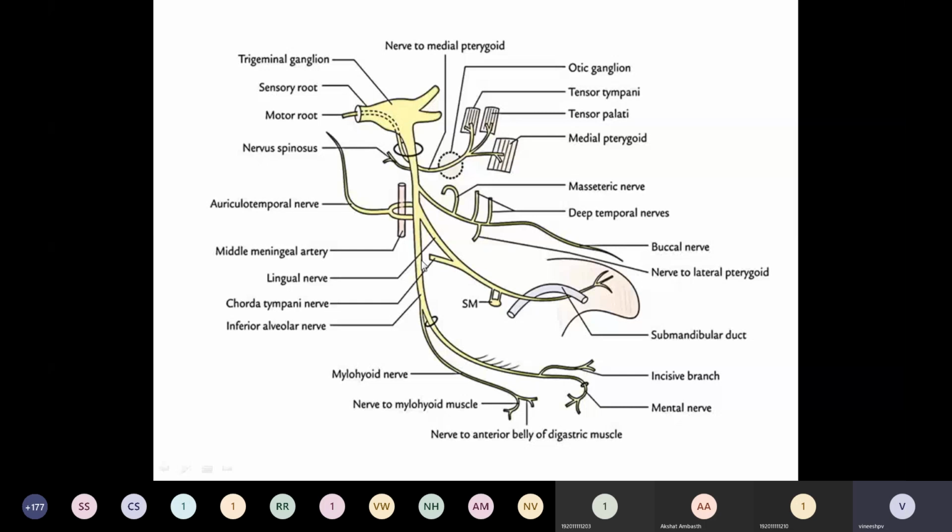So it is the mandibular nerve. It is the largest branch of the trigeminal ganglion. It consists of a motor root and a sensory root. Both separately come out from the foramen ovale. As soon as they come out, they join to form a trunk. The trunk is around 2 to 3 millimeters in length. Then it immediately divides into a smaller anterior division and a larger posterior division.